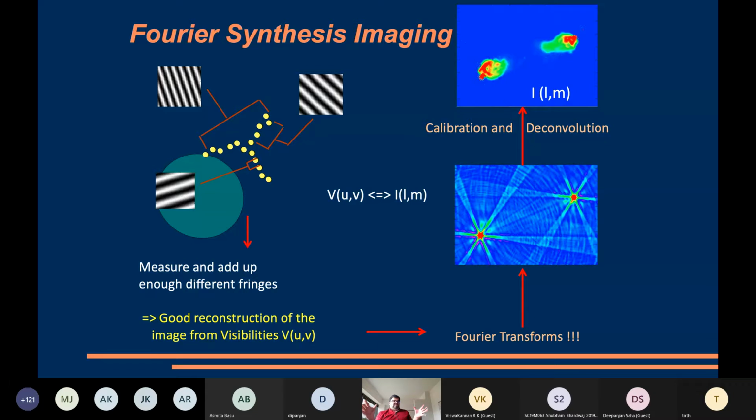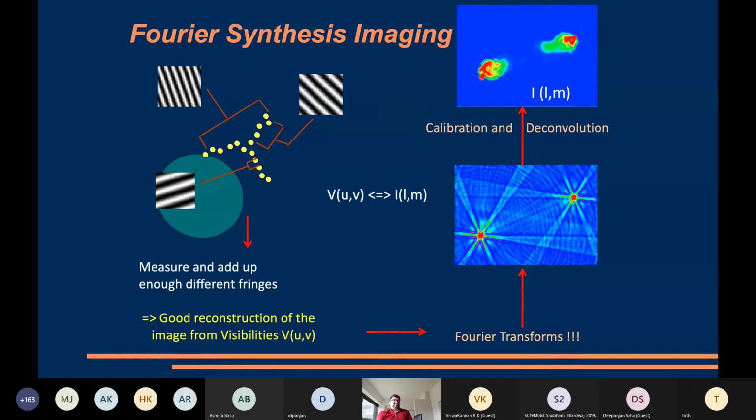So we have reduced the impracticality of making a larger dish by making much smaller dishes. One, it is lower in cost. Two, it is easy to maintain. Three, but the disadvantage is that there is no way you can fill the entire hole by putting in any number of such small antennas. So no matter what you do, you will not get a complete coverage. And because of this incomplete coverage in the visibility space, the UV space, you have these kinds of structures which are imprinted on the so-called sky as observed by the interferometer.